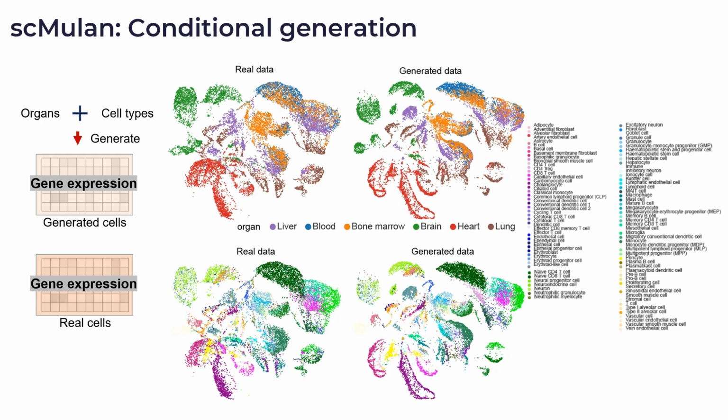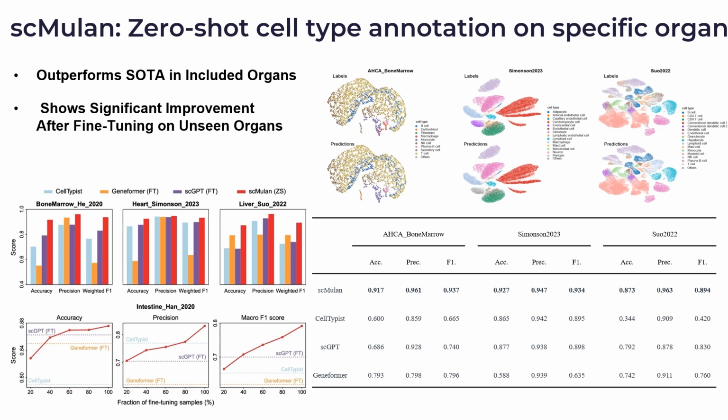In annotation testing, when the single-cell data comes from organs that the model has encountered before, single-cell Mulan outperforms current SOTA models across 3 classification metrics in 3 dataset application scenarios, demonstrating its powerful annotation capability. When annotating data from unseen organs,